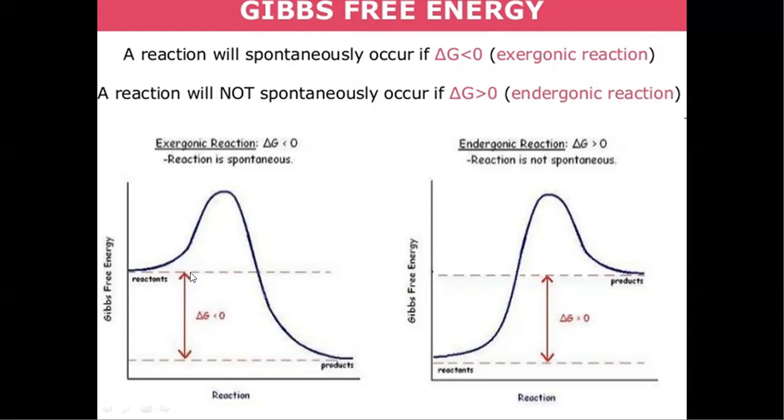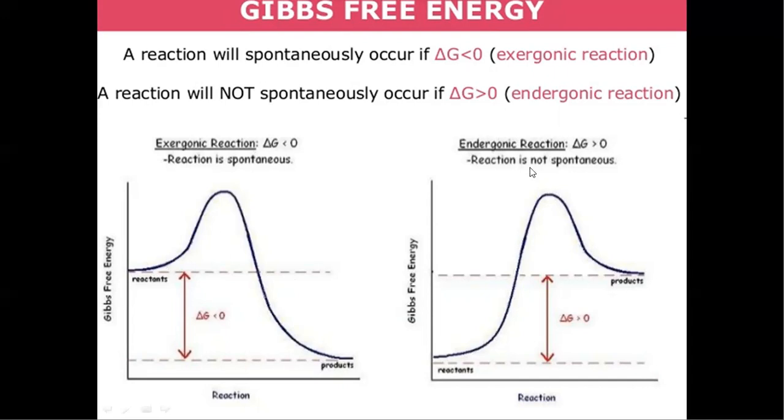So that's why here energy will be released. After some time energy will be released. That means here delta G values will be less than 0. So here energy will be released, so we can call it minus. The minus sign will be applicable here due to exergonic reactions. These exergonic reactions are spontaneous, and the second one is endergonic reactions.